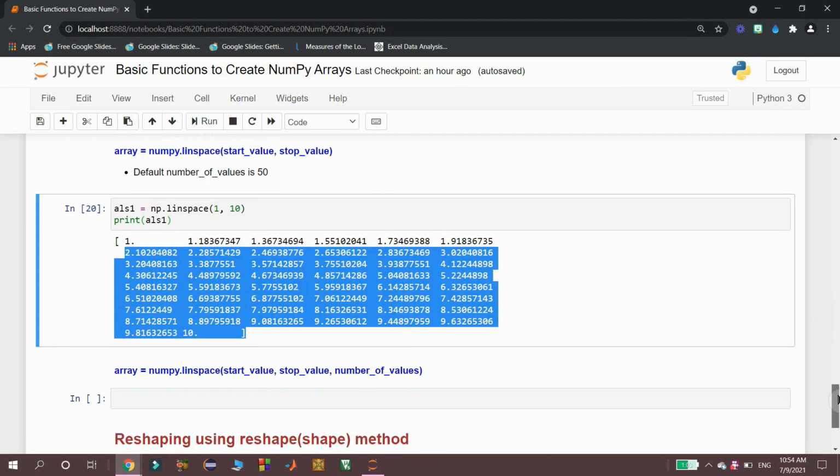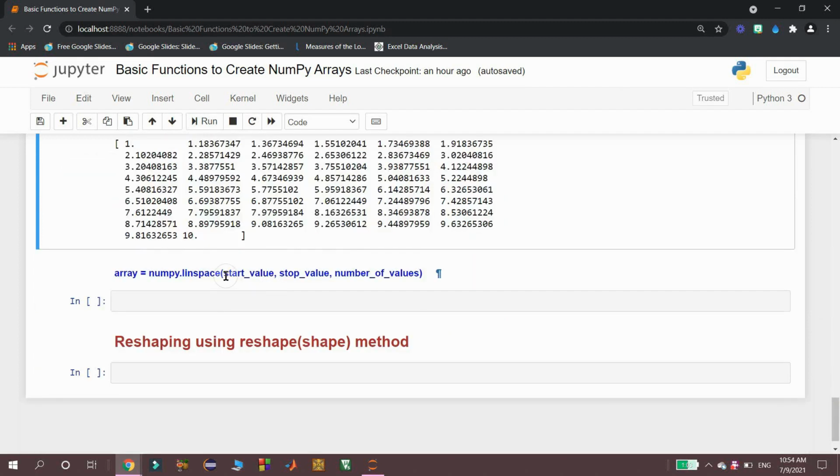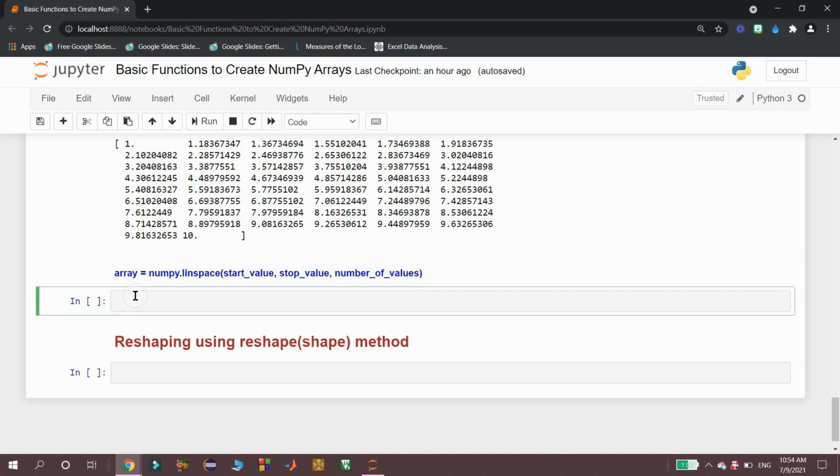So next I am going to use another example here where I am using the linspace function with the start value, stop value as well as the third argument, number of values. Then I am writing a statement here.